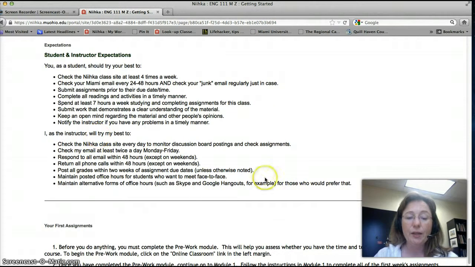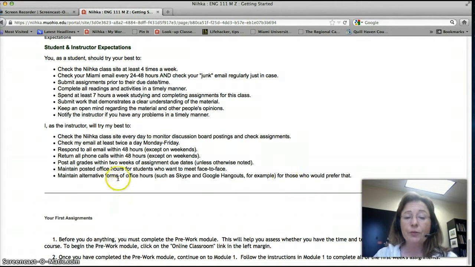And then I have my own expectations for myself, and I will try to respond to all of your email within 48 hours, except on the weekends. Give me a little bit more time, and I will try to get your grades back to you within 2 weeks of assignment due dates, all right? I have several different types of office hours. There's many different ways you can contact me. You can come in to meet me face-to-face here in my office.